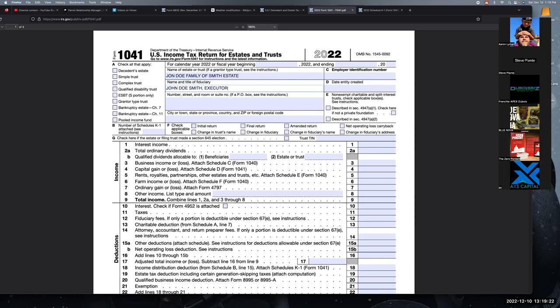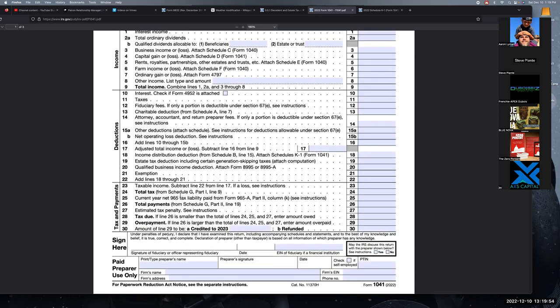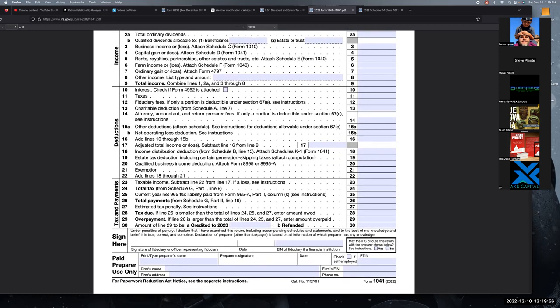Or you can go and get a CPA. This is something easy, not a secret. Get a CPA. They can be listed as a fiduciary. You give them Form 56. This is where Form 56 comes in. You can give your CPA Form 56 and let them put their name there as the fiduciary to fill this out for you. And they're going to just simply take the W-2 information or the 1099 and fill out this information, right? Eventually, as you go through the entire thing, it's going to show that whatever monies that you earned